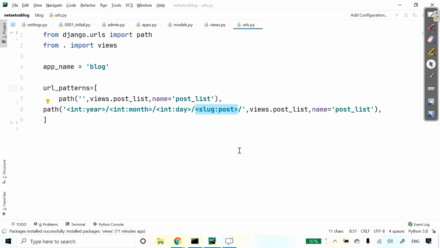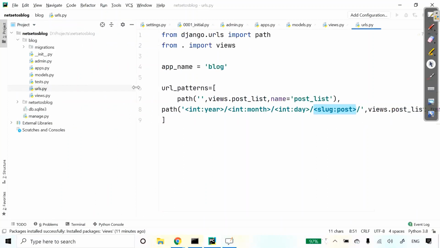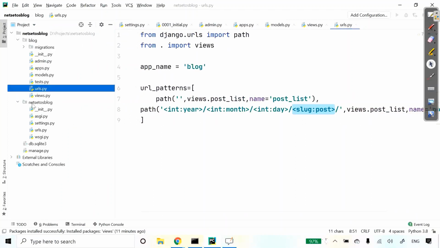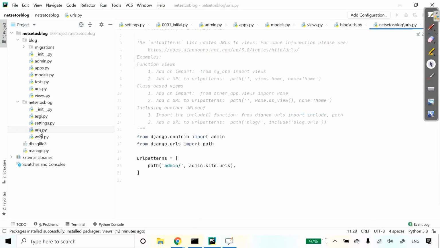Next, we will include this URL pattern of the blog application in the main URL pattern. So for that, I'll go to the Netset OS blog, and here we have urls.py. Here we have imported admin and path. In path, which is imported from django.urls, I'll include this.